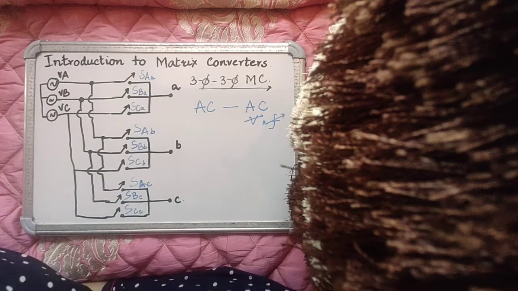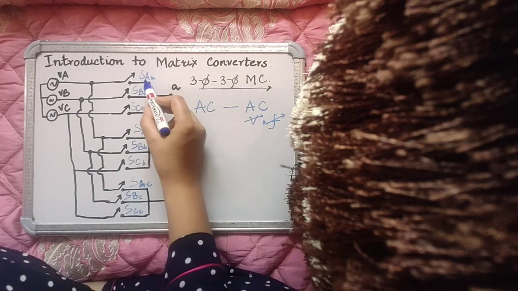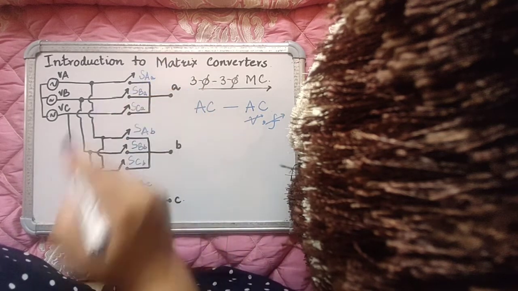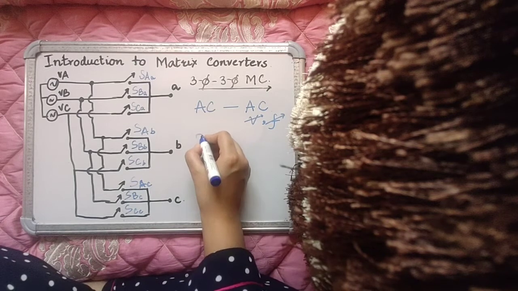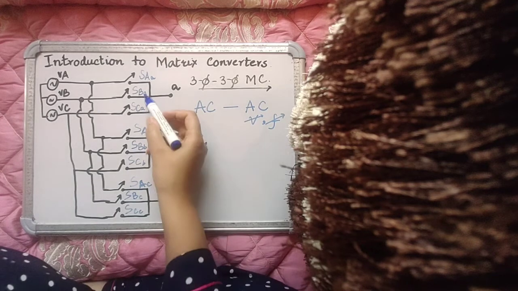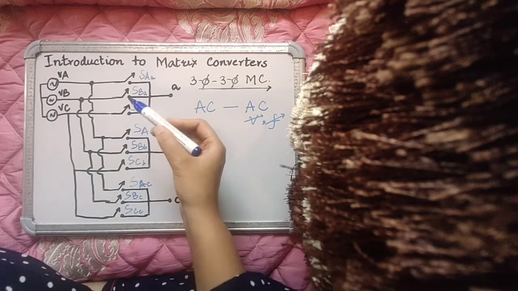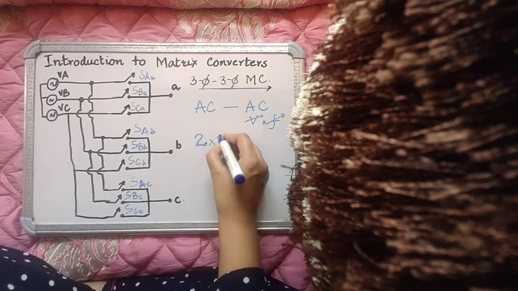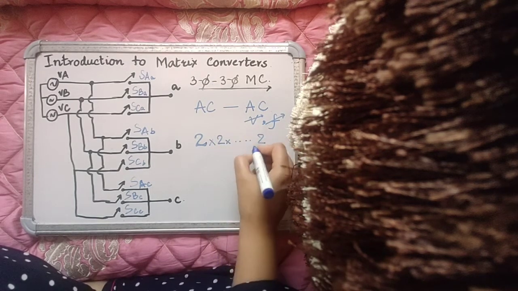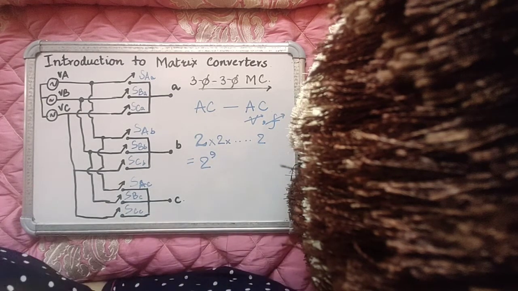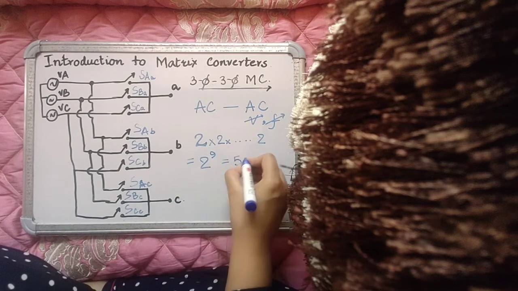Let's talk about the switching states of this converter. Now, we know that there are 9 switches, and we also know that each switch can be on or off. So let's talk about SAA. It can have two possible switching configurations because it can be either on or it can be off. Similarly, SBA will have two switching configurations, SCA will have two switching configurations, so on and so forth. So a total of 2 raised to the power 9, this will happen 9 times. So a total of 2 raised to the power 9 switching states, which is 512 switching states, are possible in